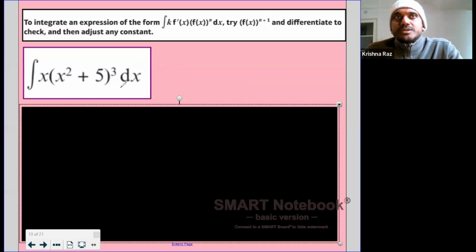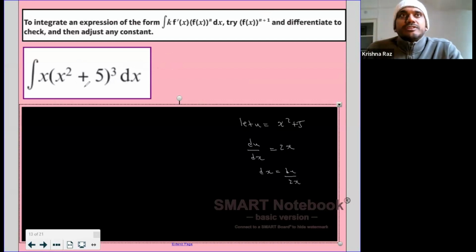So if we do this by substitution first, I'm going to let u equal x squared plus 5. So we will get du by dx equals 2x. So dx is du over 2x. So if I rewrite the question, I've got the integral of x times u cubed times dx, which is du over 2x. So I'll get a cancellation, and that will become a half of the integral of u cubed du,